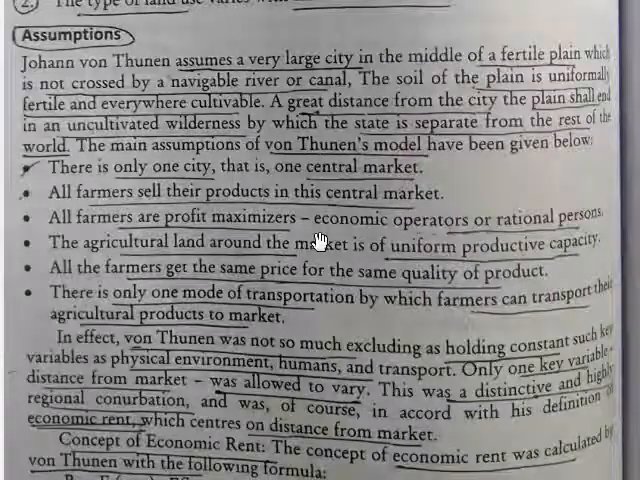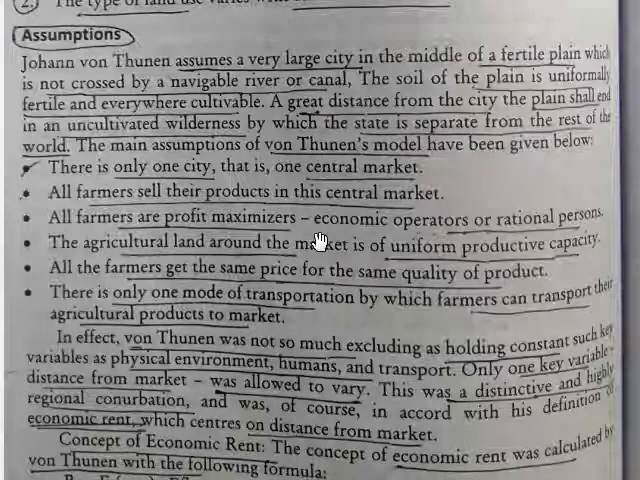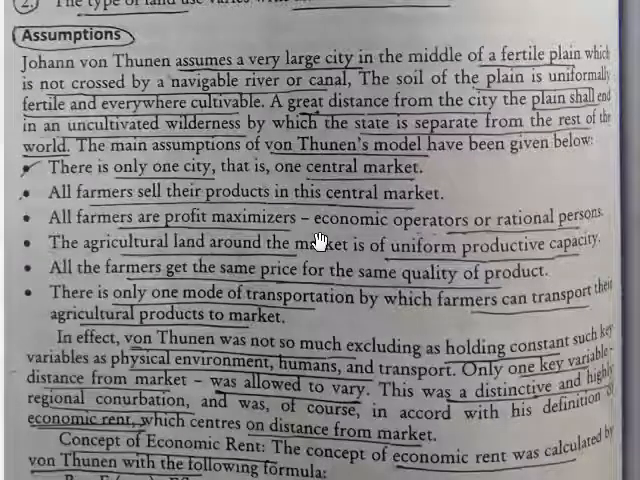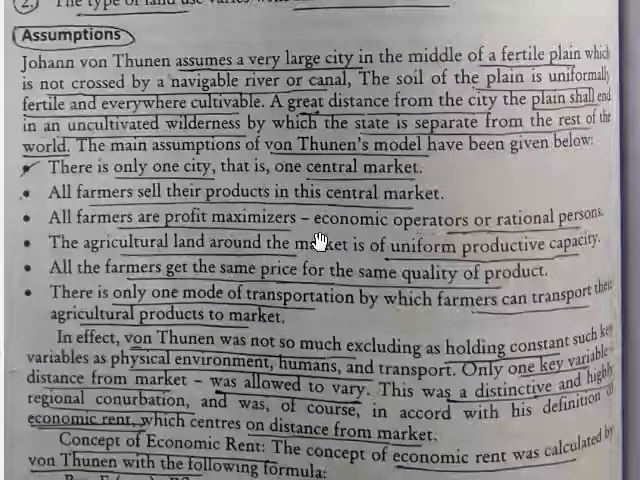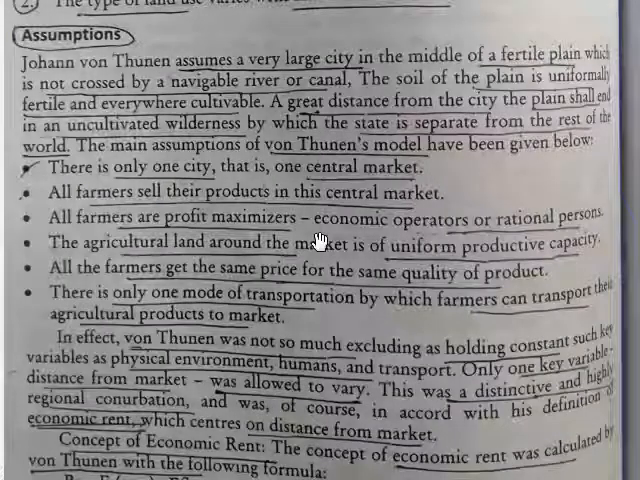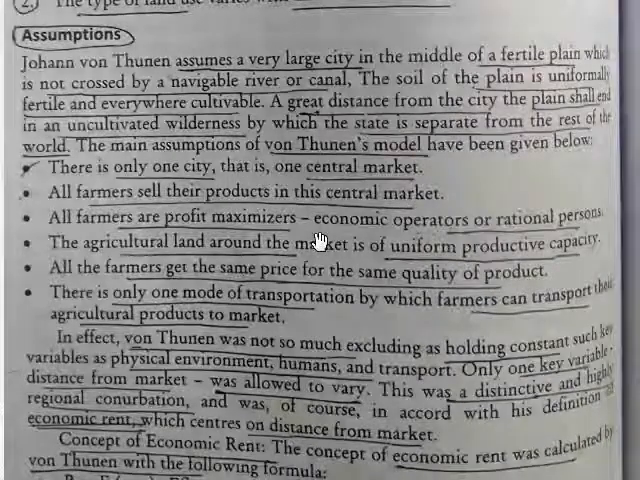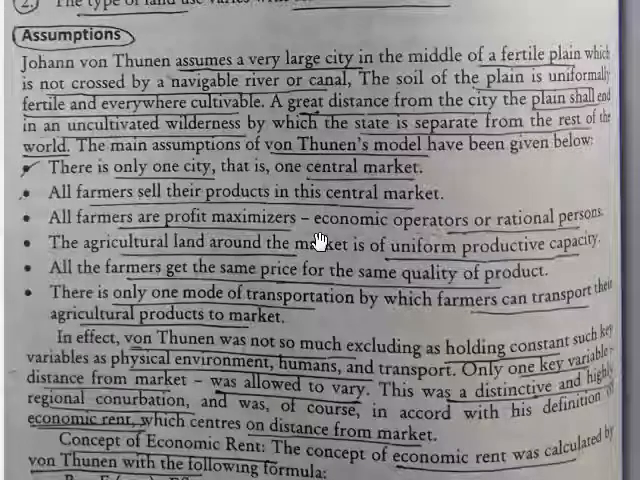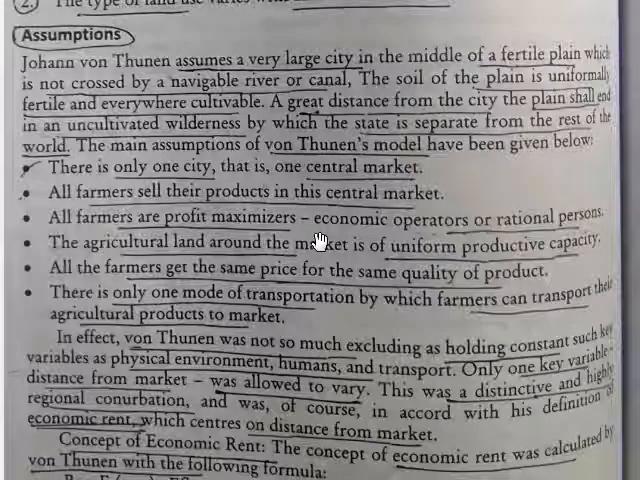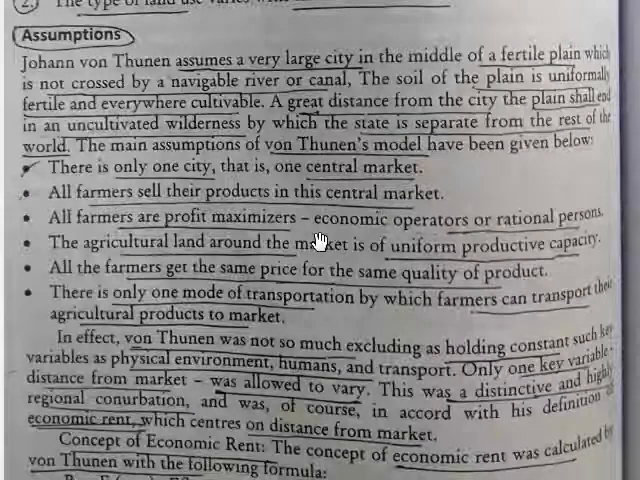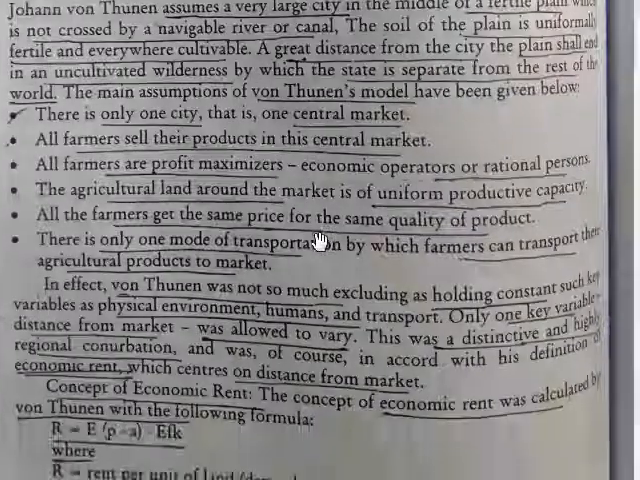The main assumptions of the von Thünen model are given below. There is only one city, that is, one central market. All farmers sell their products in the central market, and all farmers are profit maximizers, economic operators, or rational persons. The agricultural land around the market is of uniform productive capacity,